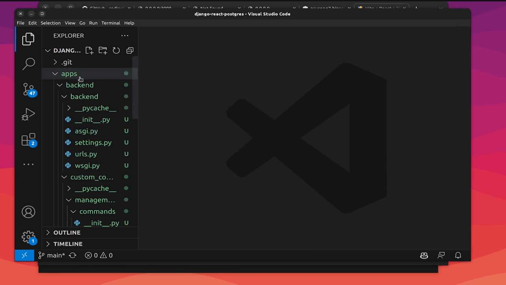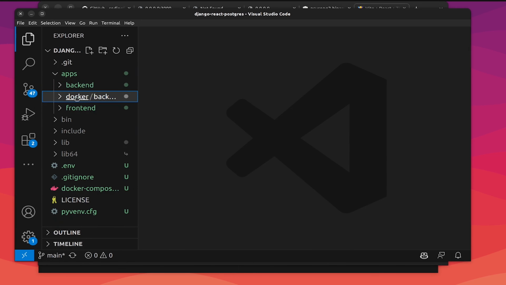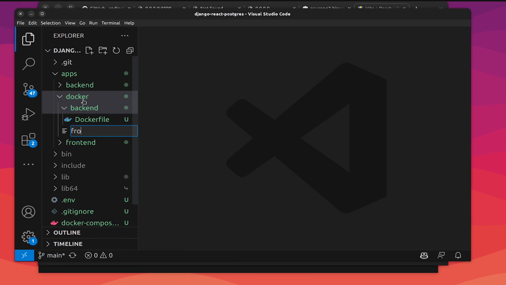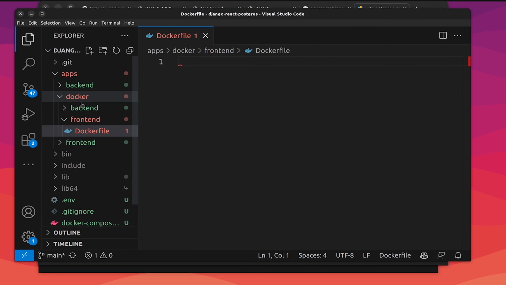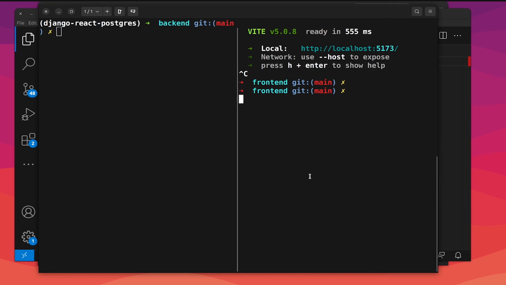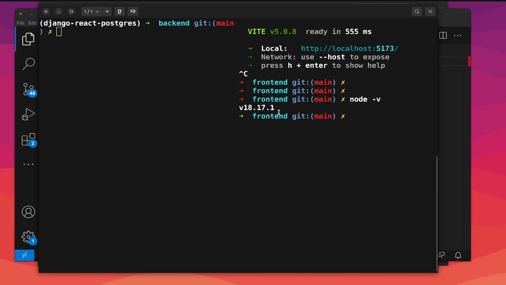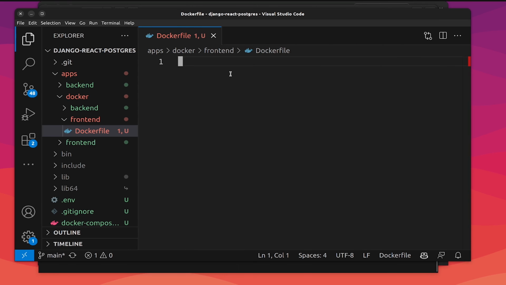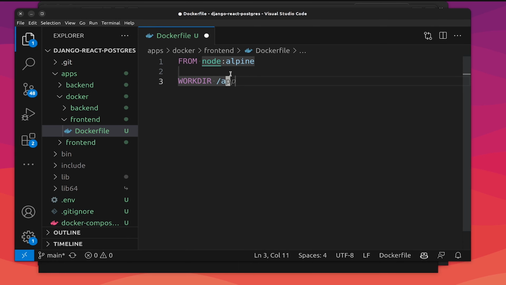And so now we should actually build a Docker file for it. So new file, frontend, and now Dockerfile. Yeah, so I am using Node version 18. So I'm going to use Node Alpine. So that will be my starting version. So my base image is going to be Node Alpine. So I'm going to give my working dir as